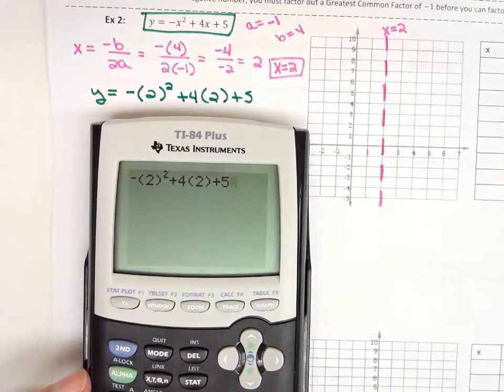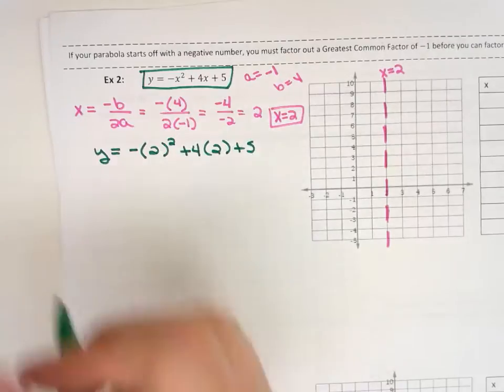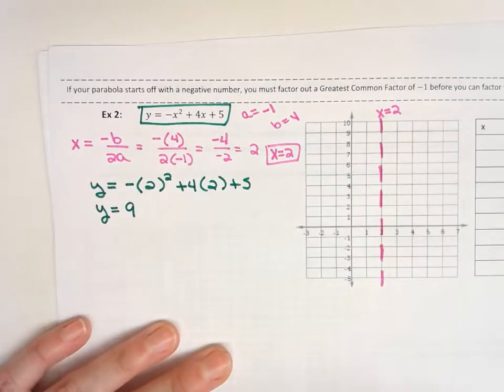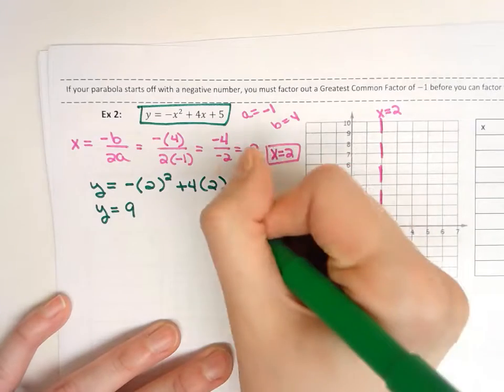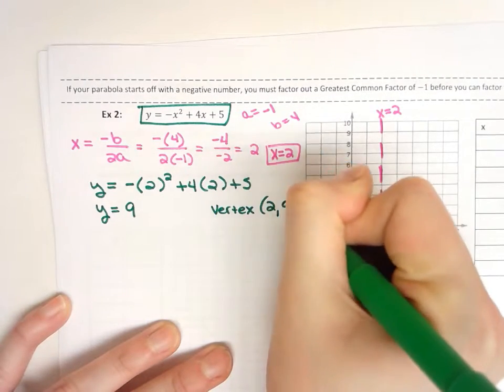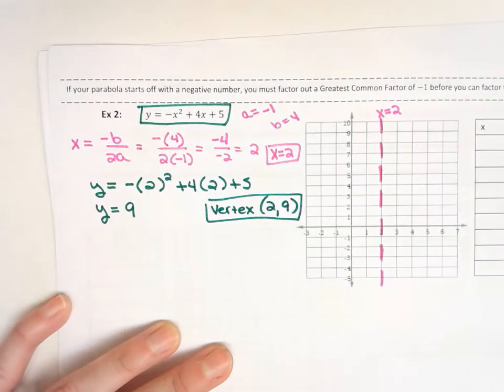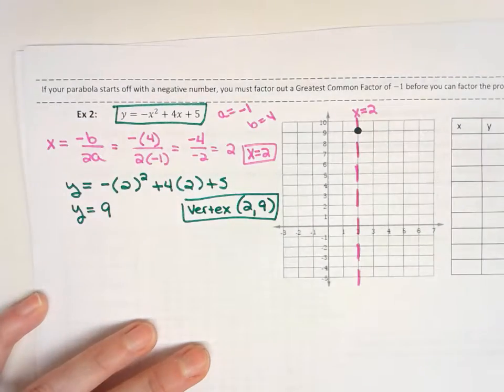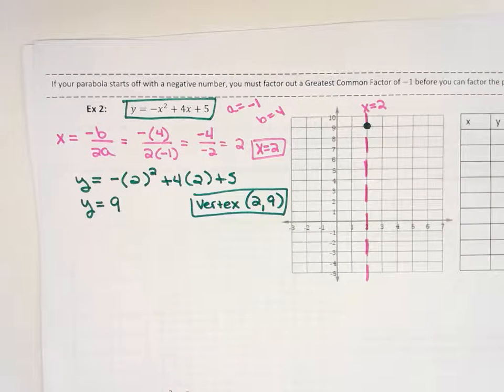I hit enter. That gives me positive 9. So that means my y value of that vertex is at 9. So I've got x is 2, y is 9. My vertex point is at 2, 9. So now I'm going to take that point and plot it on my axis of symmetry. Okay, now that we've got the axis of symmetry and your vertex point, now we are going to be looking